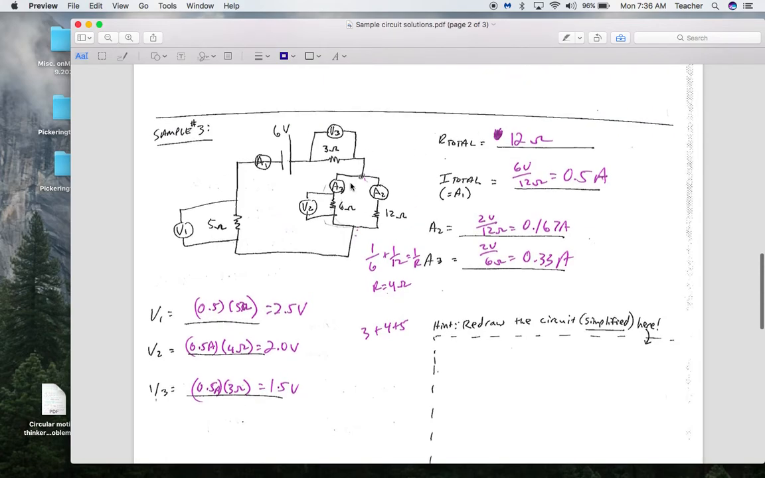I'm going to go through this. It's simplified, it's a combined circuit with some parts in series and some parts in